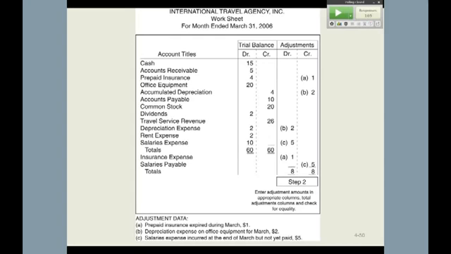By moving these across the worksheet, now of course you could program these in Excel, a lot of you know how to do this. You would just put formula derivations in there and then just click a button and everything should come across. The key point again is that the adjustments are now reflected in the adjusted trial balance without making any entries, and the debits equal credits. So again, the purpose is to ensure that the adjustments are reasonable and they have an effect, or at least you can review the effect on the financial statements before you actually book them. Any questions on that step? So that would be the next step in building the worksheet.